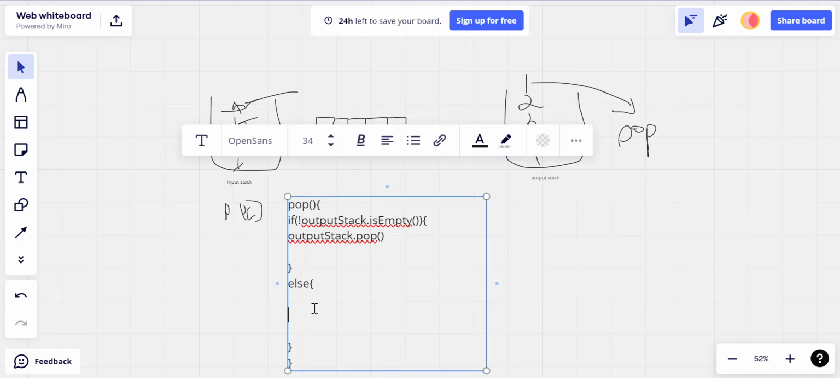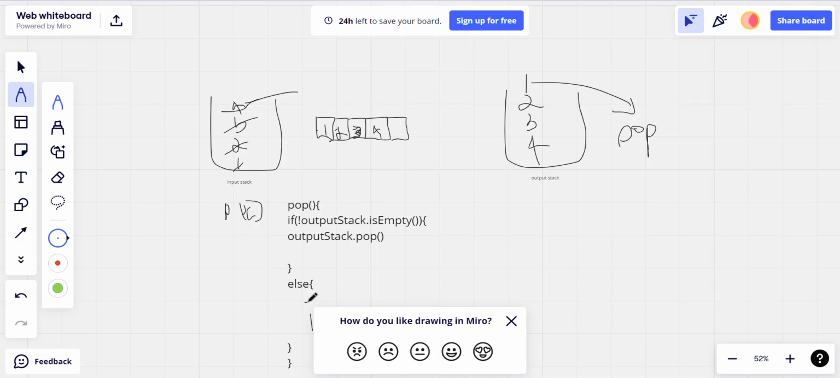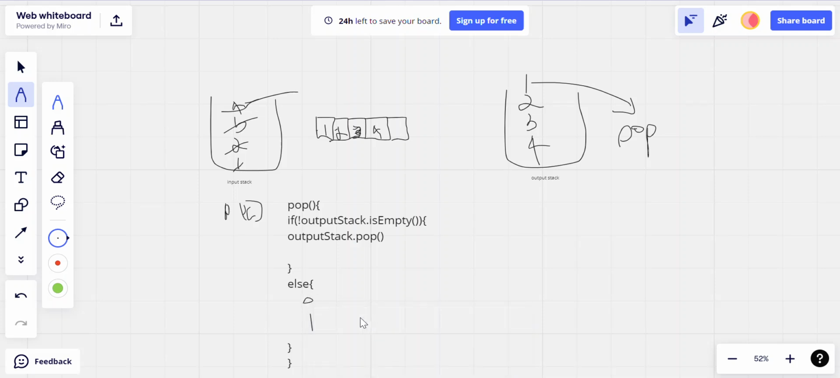So I'll just write it as move all the elements from input to output stack. So this is for pop, and then for push, like I said, we just do a normal push into the stack. That's it. Okay, push. And next for peek,